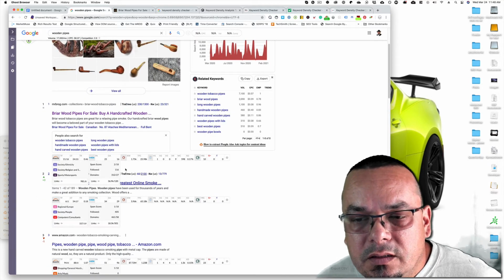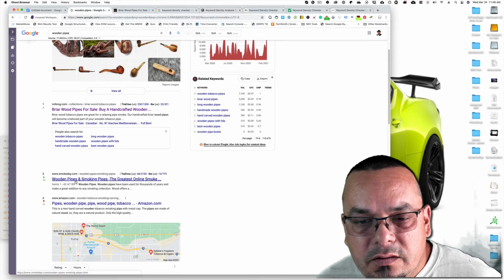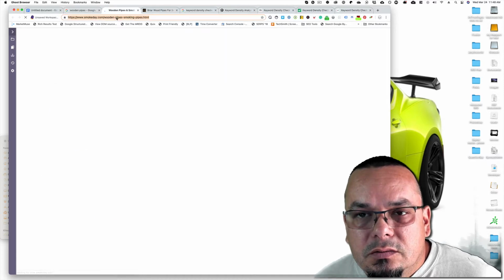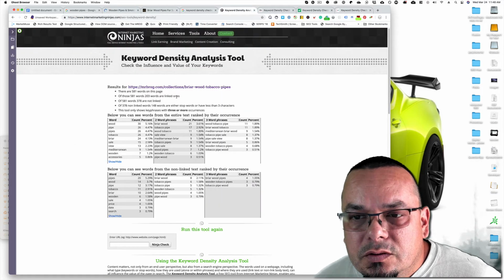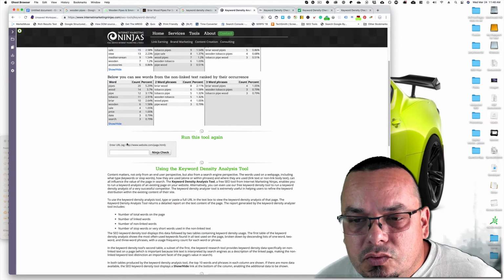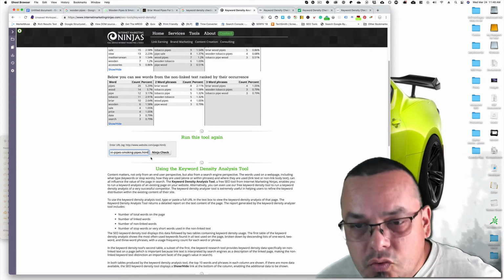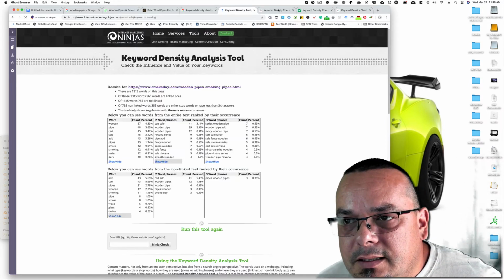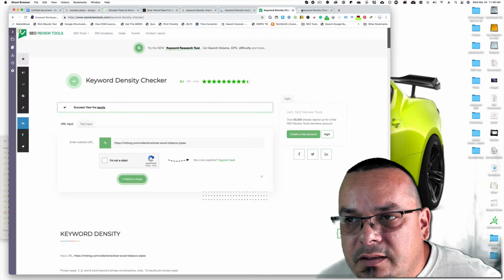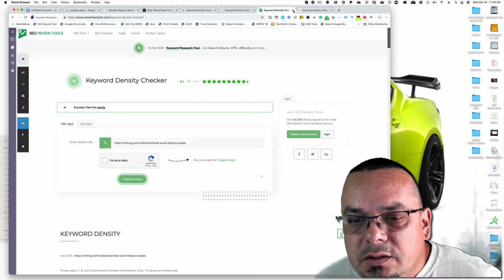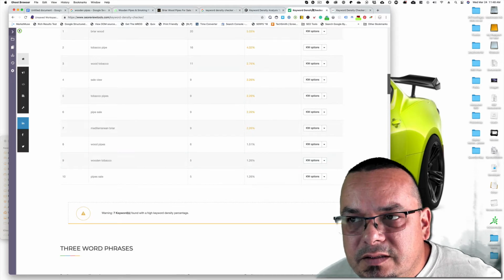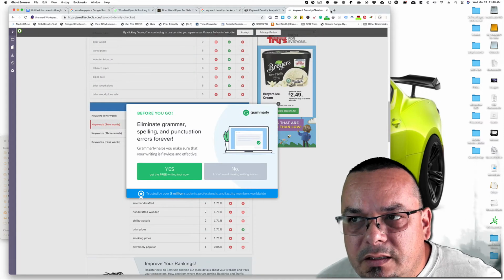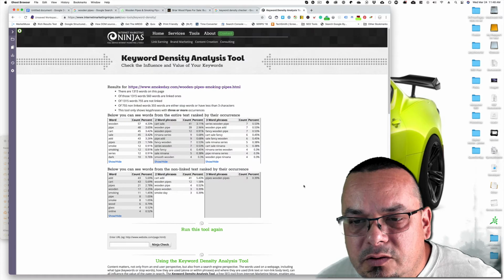While we're doing this, let's shut this off so I can see all the SERPs. No, I want to go. Let's go with this one. Smoke wooden pipes. Run this tool again, since I kind of like that one. I like the interface of this one better. That one's garbage. Success, see results. Wasn't really a fan of this one. And yeah, this one's kind of cool, but